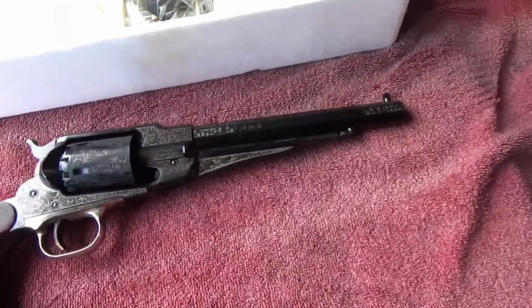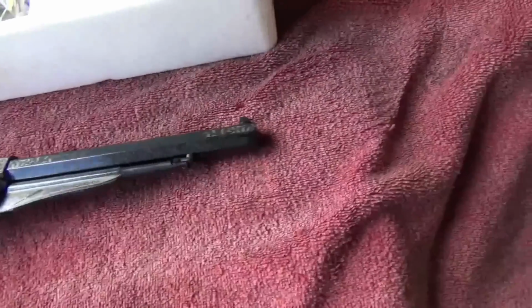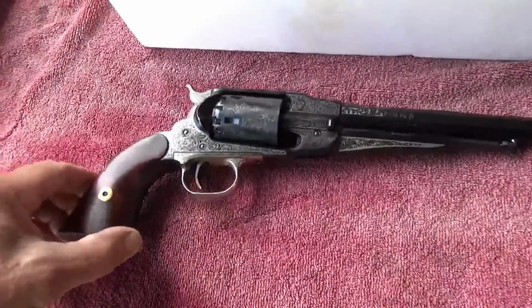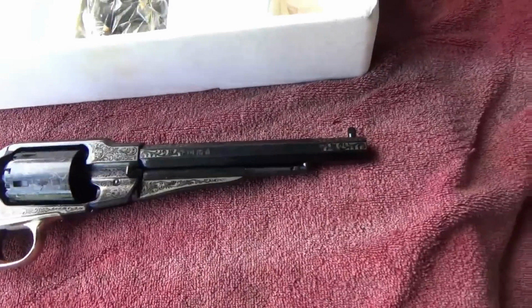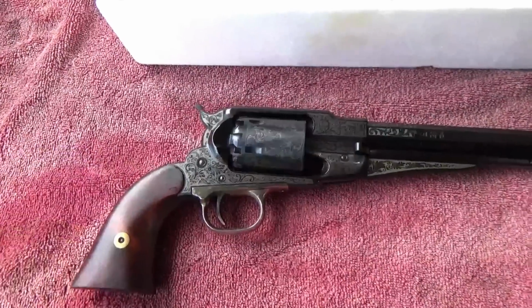time. This one belongs to my brother, and when I first opened the box on mine a couple of years after I'd owned it, I found out that the barrel was dirty, hadn't been cleaned after test firing. So I actually shot the gun and was totally amazed at how accurate it was. Kind of dispelled my ideas that maybe a rusted barrel will cause some inaccuracy in the gun, but it wasn't